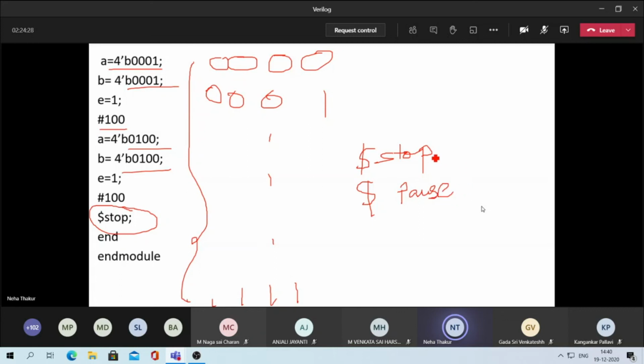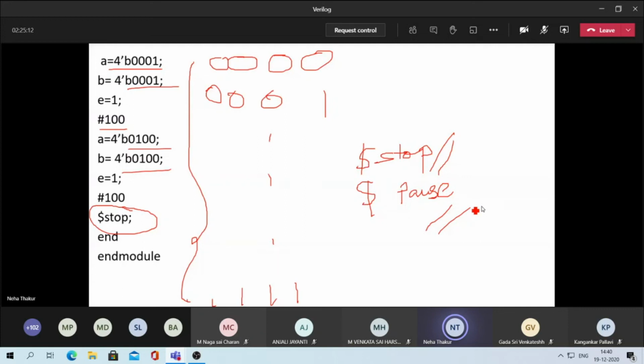So there are 2 commands. One is $stop, another one is $pause. What is the difference between pausing and stopping? Pause means to hold for some time. Stopping means to stop the execution now or to stop the program. So here $stop means no further inputs can be given, only these 3 inputs will be given to it. These are special commands that are preceded by a $ sign, which in Verilog means special commands.